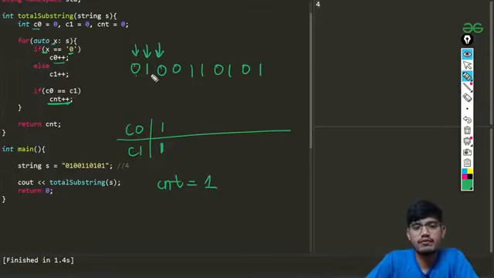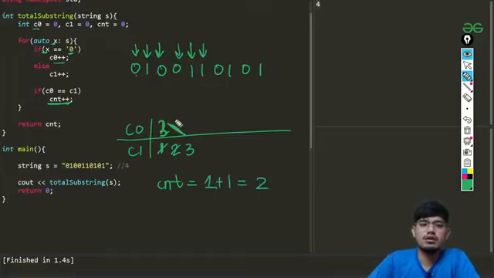So now we have count of 0 becoming 2, because we have 2 zeros now. Again we'll just keep running, and you can see count 0 will become 3. And when we go here, it will become 2, then it will become 3. So you can see we are matching. Once they become 3, we will be adding to the count, so it will be 1 plus 1, which is